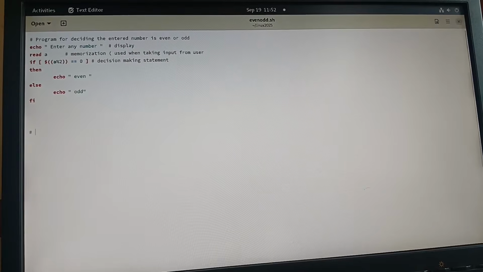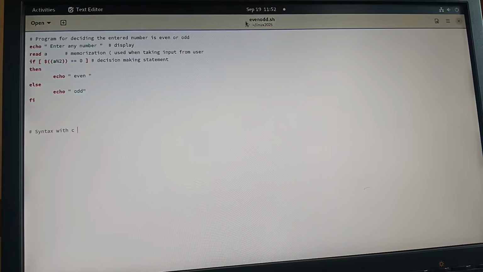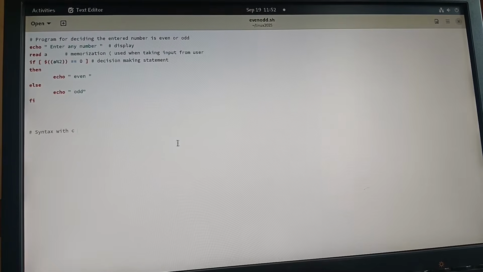That's why Control S, I'm saving. Whenever I'm putting anything, here will be the dot. Whenever I'm saving with Control S, the dot will disappear. The dot indicates you haven't saved your program yet, or you haven't saved the updated program yet. Okay. Syntax with C is if, in simple parentheses the condition, and curly bracket open, and here will be the logic